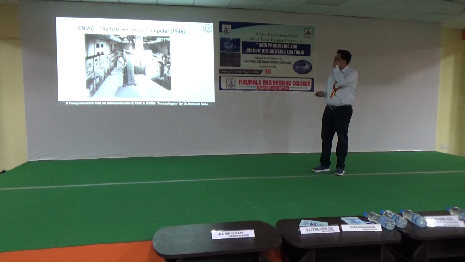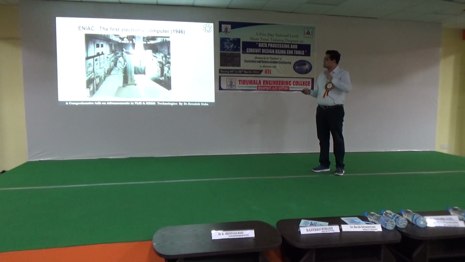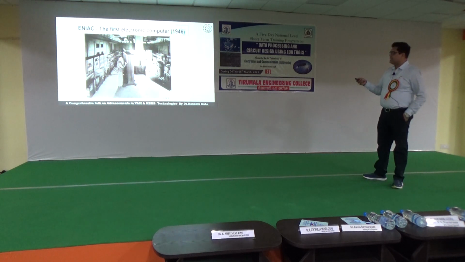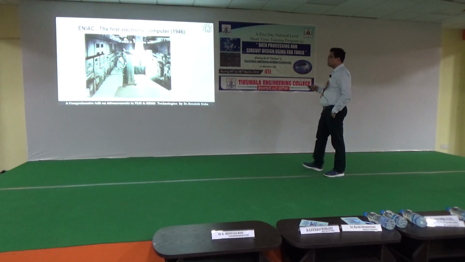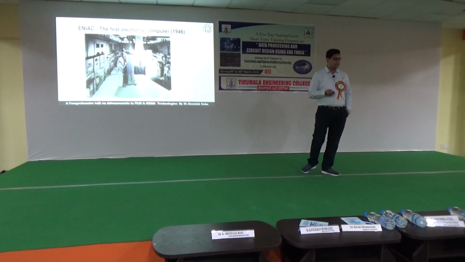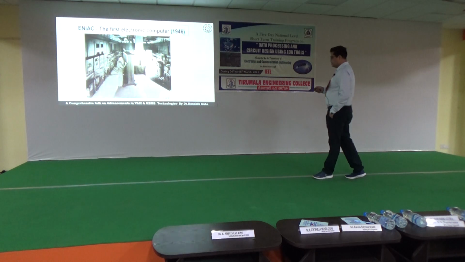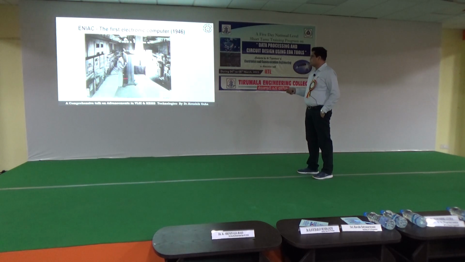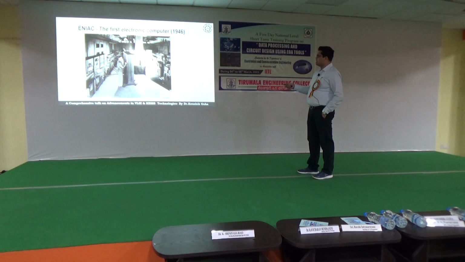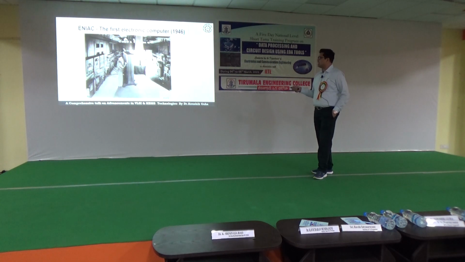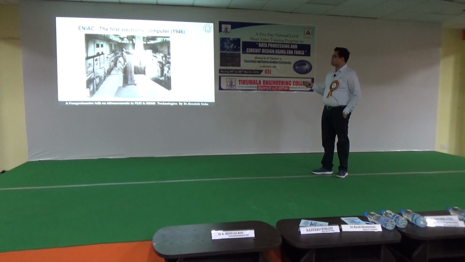Now this is the picture of the first electronic computer. It came into existence in 1946, just after the Second World War. The ENIAC, the Electronic Numerical Integrator and Computer, is the full form. Okay, you can see how difficult it was: they had to assemble all this machinery, and one man is performing some numerical calculations on it. So it dates back to 1946.